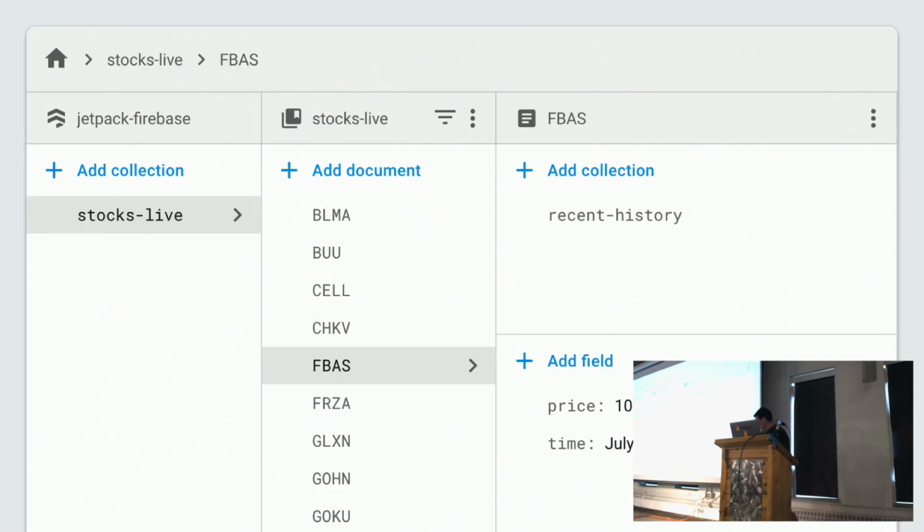I'm going to talk about Firestore more than Realtime Database because Firestore is the new hotness and it's in beta. Anyway, this is what it looks like in Firestore. There is an implied organization with all of your data. You have collections, and within collections you have documents. On the far left, there's one collection called Stocks Live. Within that, there's a bunch of documents ID'd by their ticker. And over on the right, you can see that there are fields, a price and a timestamp, and